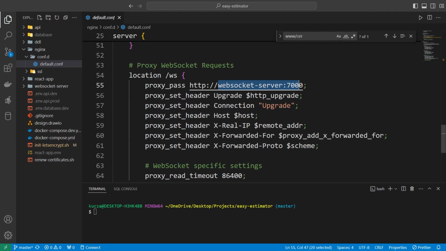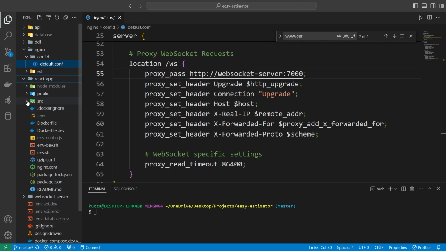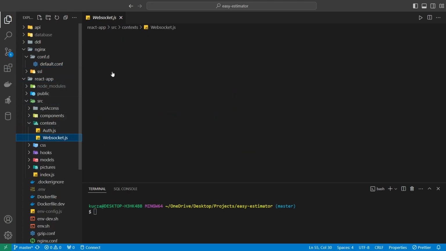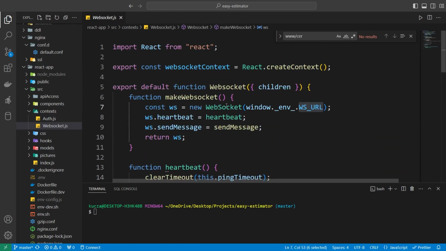So we have gone over this. Now I will just briefly show you how you then connect to this WebSocket server on the client side. How you connect to the WebSocket server on the client side is, if we go to the React application, I believe it's source, contexts, WebSocket, we have something like this. So we say new WebSocket, and then we are using this